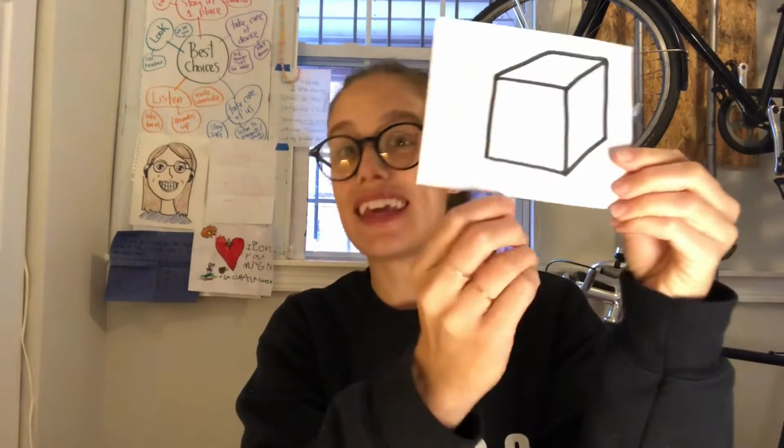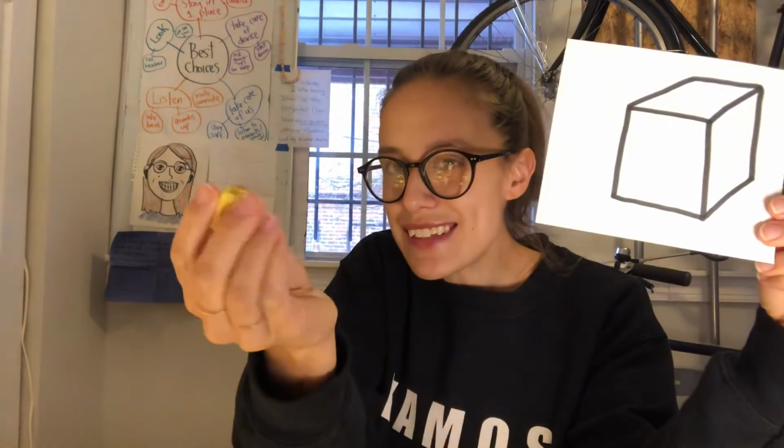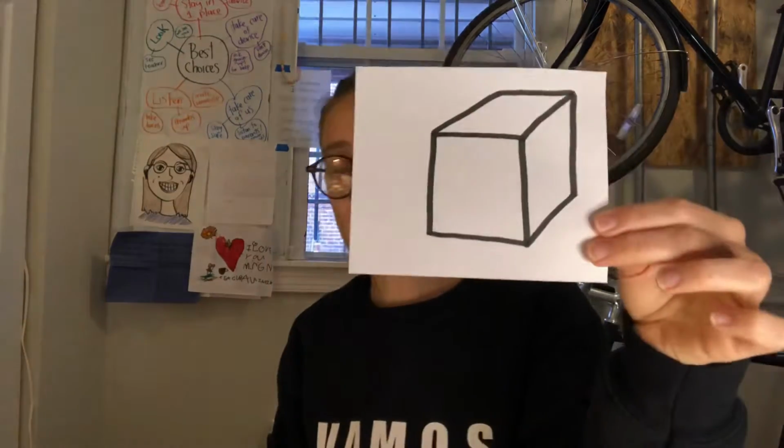Today we'll see the 3D shape cube, which looks like this when drawn on paper, but you might recognize it a little bit better when you see something like a dice or a box or a Unifix cube. Remember that 3D shapes are shapes you can hold in your hand just like this. So we're gonna practice cube and also